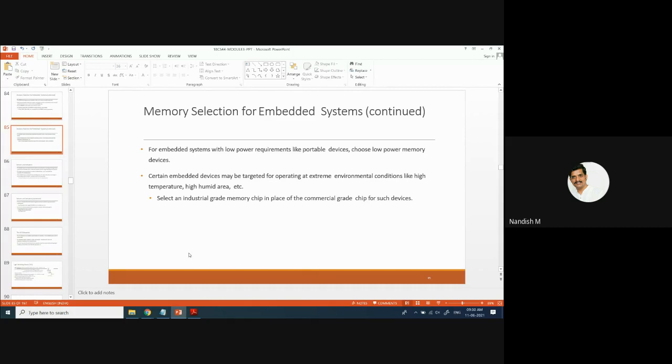You have to choose based on your requirements. If power is the main requirement, a very low power requirement, then you have to choose low power memory devices.